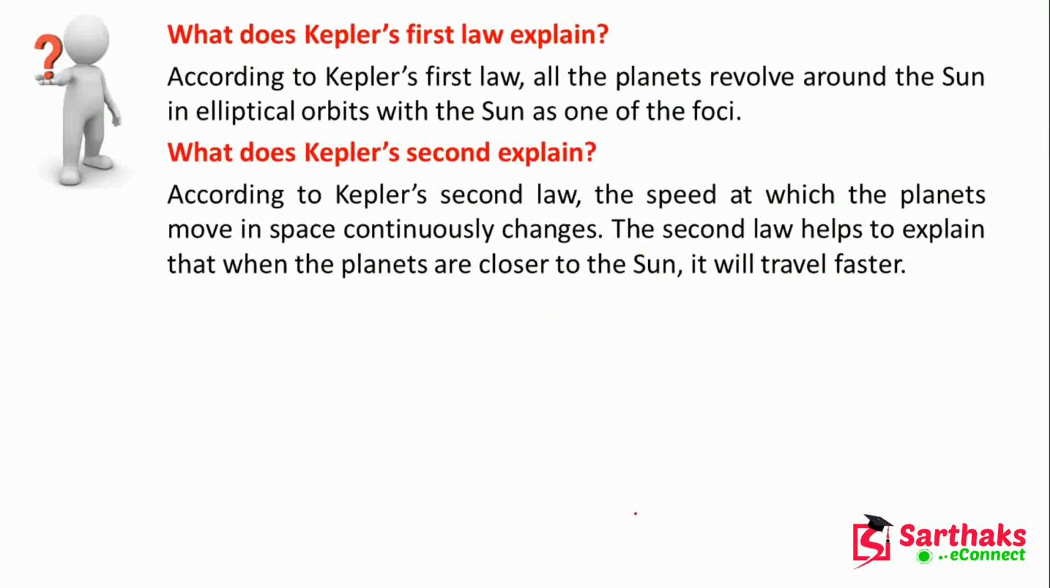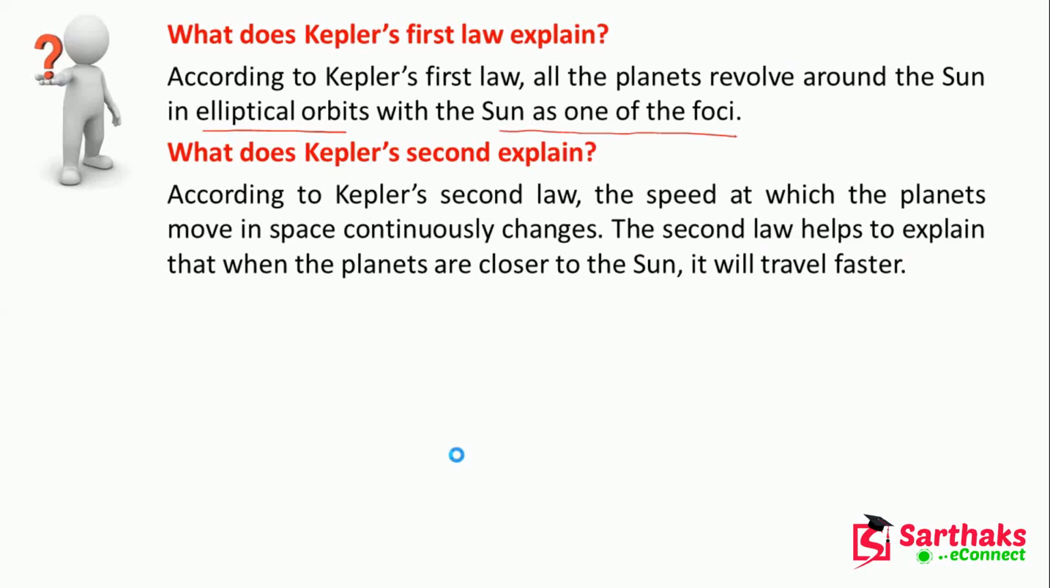Now, several questions may come. The first question may come regarding Kepler's first law. What does Kepler's first law explain? All planets revolve around the sun in elliptical orbits. That is the first point you should mention here. And the second point, what I have told you, is with the sun as one of the foci. And what does Kepler's second law explain? In Kepler's second law, I have told you, you can explain regarding the area